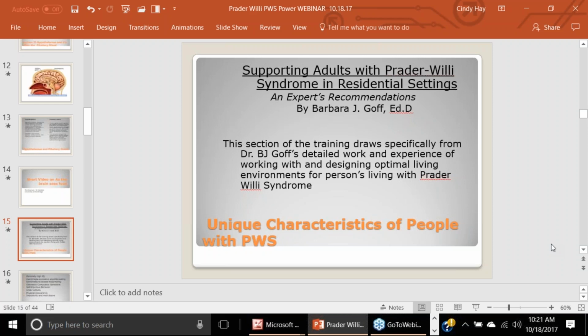I like to put that foreground out there because that's the only way we can start to say, this is true. We have to shape our group homes and things that are important for the people we're supporting a little differently for people who have Prader-Willi syndrome. So the next section, sorry about that, I forgot to go to full view.